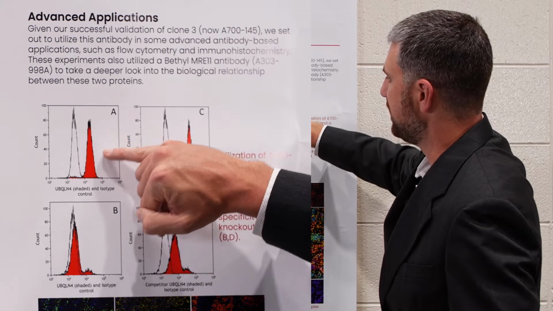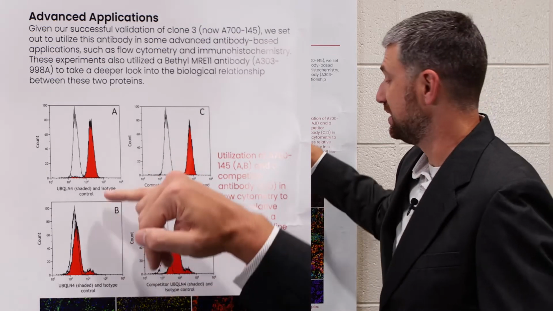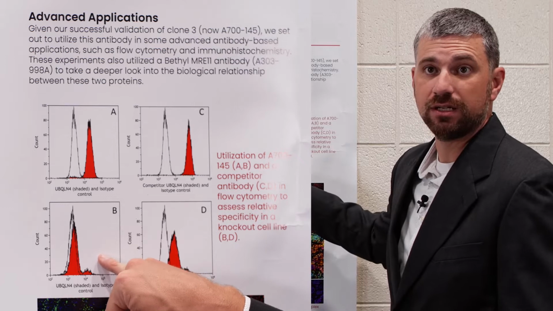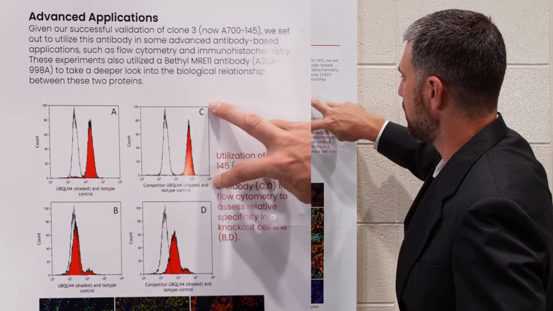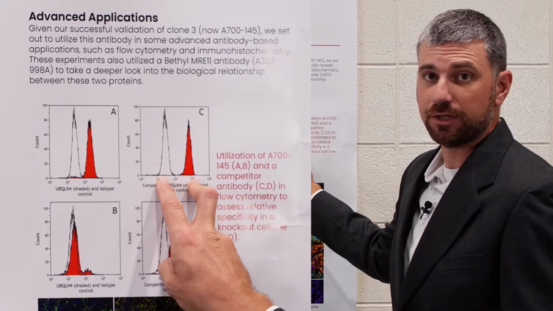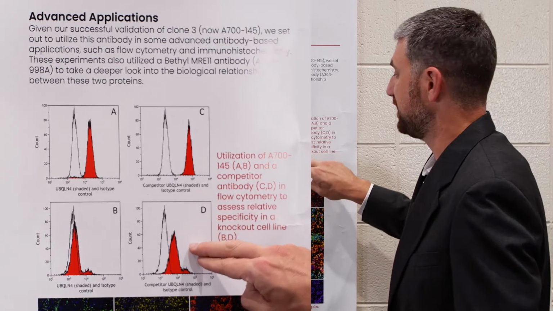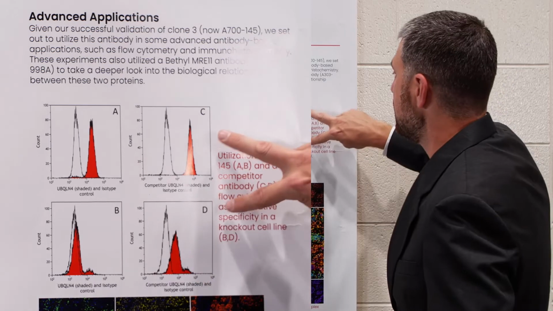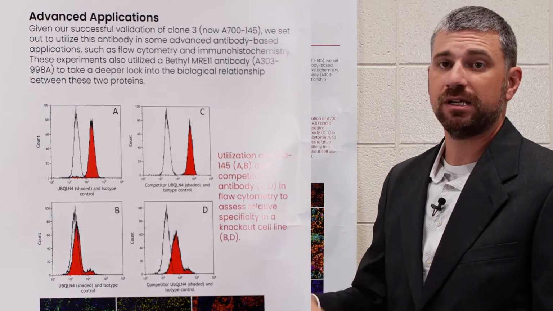And you can see that the wild type has 2 very nicely spaced out and distinct peaks here that shift almost completely together once we knock out that UBQLN4 gene. And then compared to here with our competitor clone, we have 2 very nicely distinct and well spaced out peaks that don't quite come together as well, which suggests some degree of non-specificity within that particular product. So here in particular, we were able to show that our clone is in fact superior